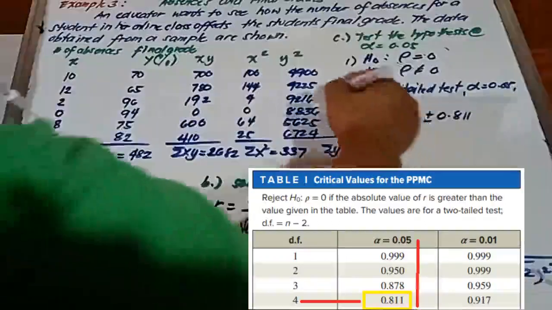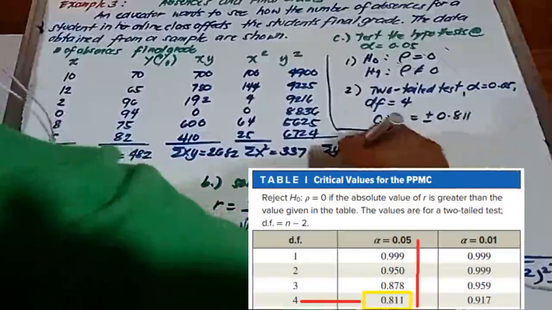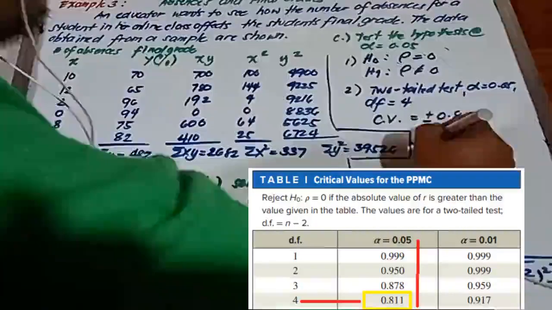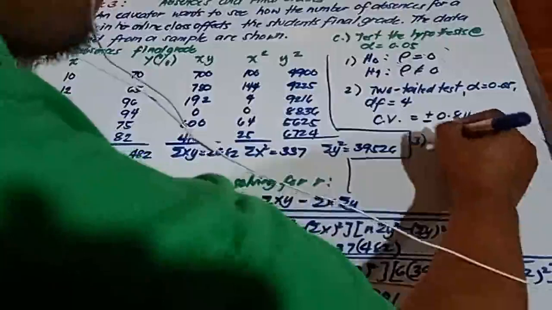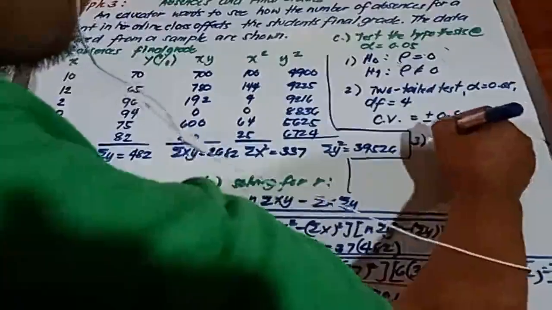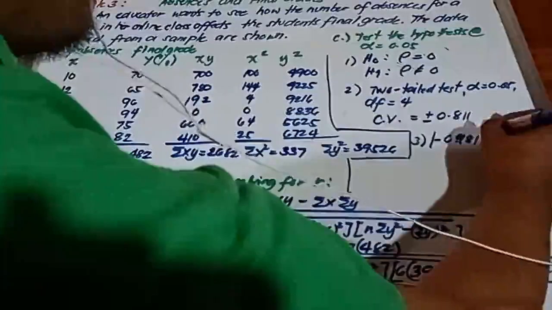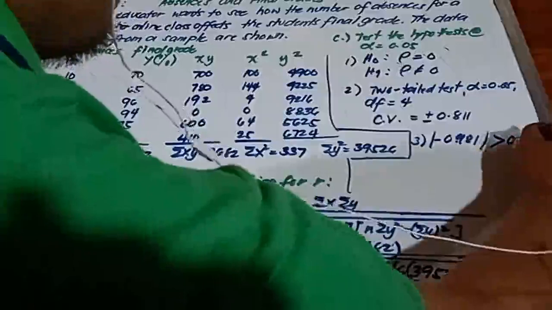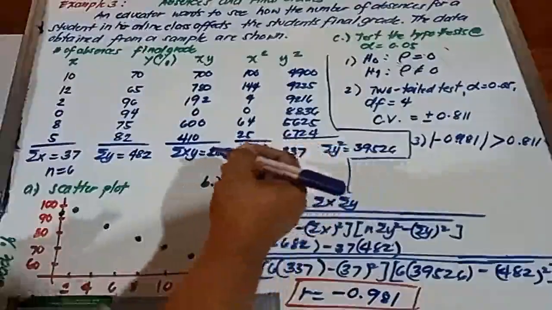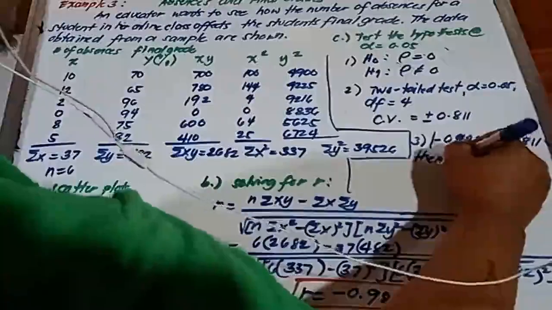Then, our third step dun sa ating hypothesis testing, compare natin yung absolute value of r. Absolute value of r is negative 0.981. Absolute value nito. Is this greater than the critical value of 0.811? Yes, greater than. Then,